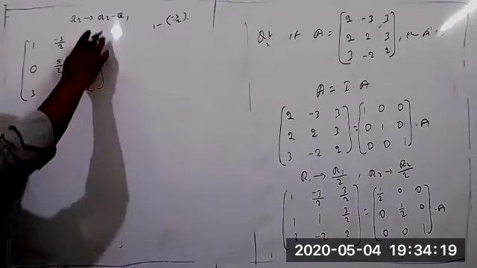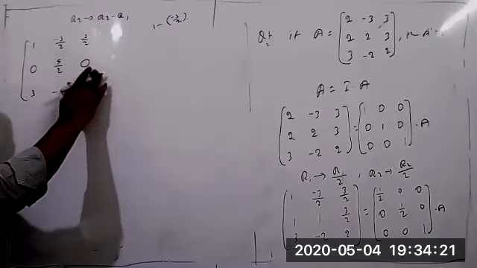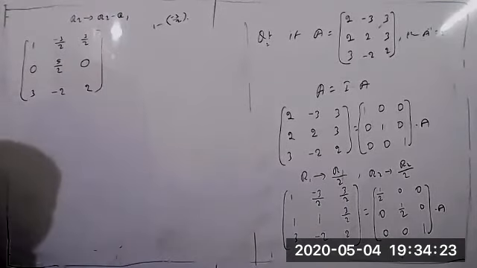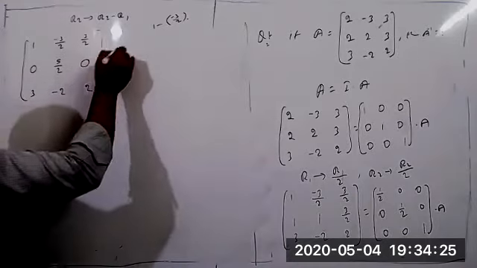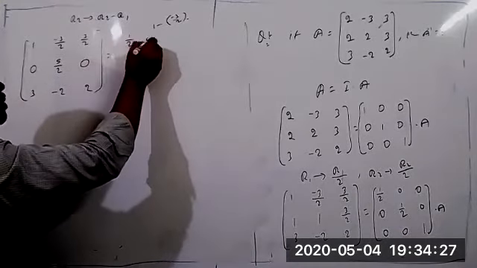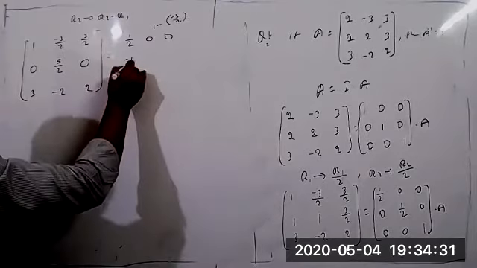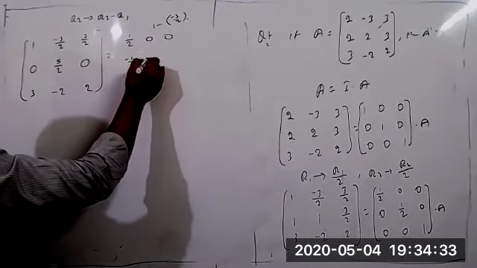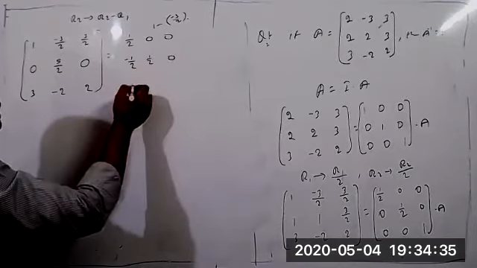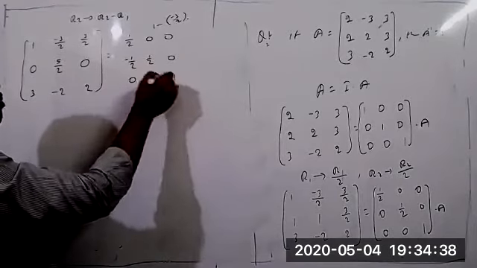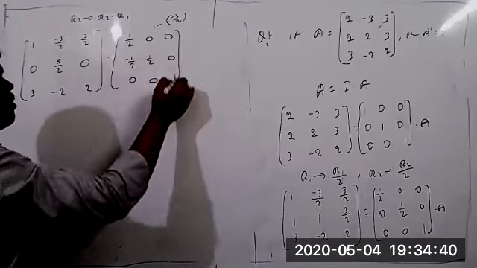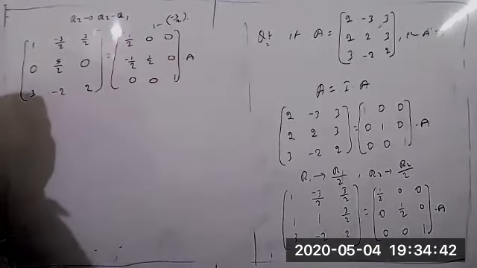It is equal to the same operation on the column. The condition you can apply for the RHS matrix also. So the first one you can write as is only: 1 by 2, 0, 0. And 0 minus 1 by 2 equal to minus 1 by 2. 1 by 2 minus 0 equal to 1 by 2 only. 0 minus 0 equal to 0. 0, 0, 1. 0, 0, 1 now. Into A. Into A now.